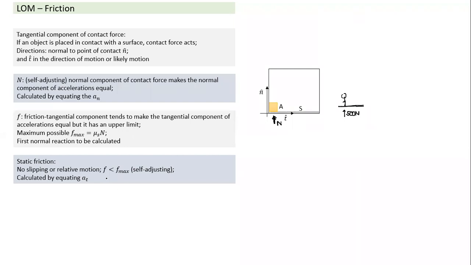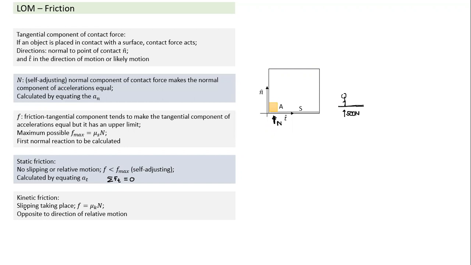If the surface is at rest, this can be arrived at by taking the summation of forces. All forces acting in the tangential direction should add up to 0, which essentially means friction has to be equal and opposite to all other tangential components. Since the surface is at rest, this block also is at rest. If the block is at rest, it means acceleration is 0. And in that case, if all tangential components have to add up to 0, it implies friction has to be equal and opposite to the remaining tangential components. We'll come to one example here. We'll see it again. This is static friction.